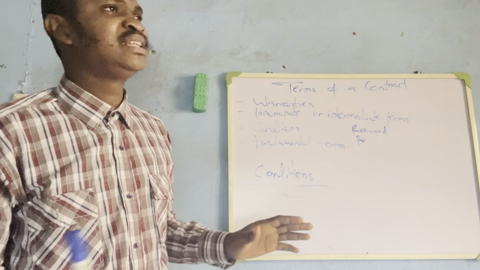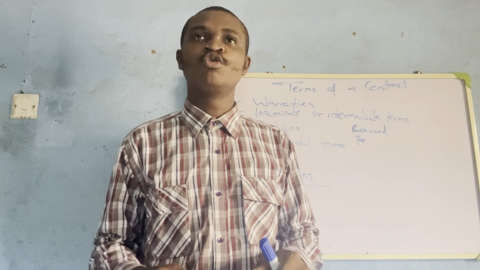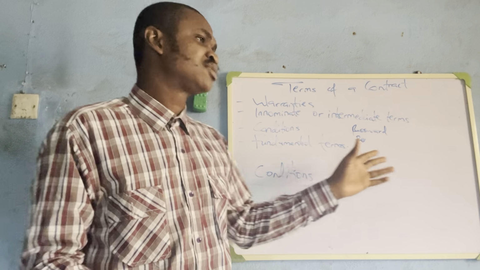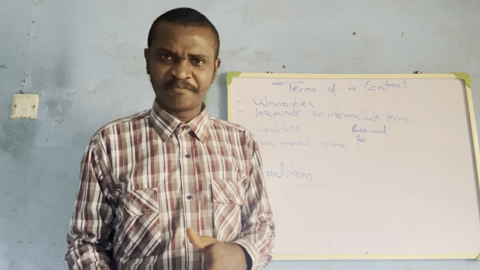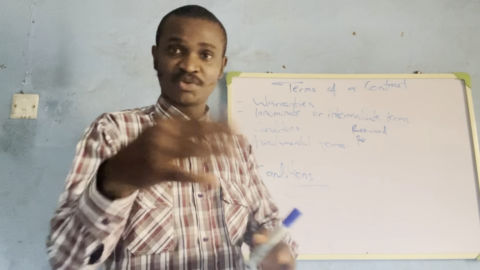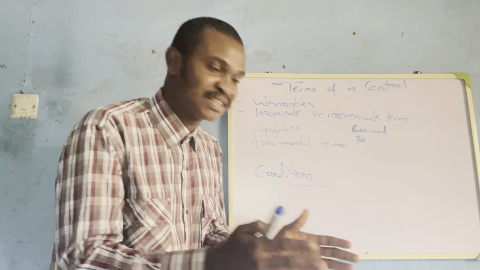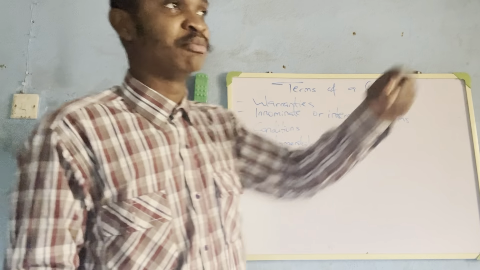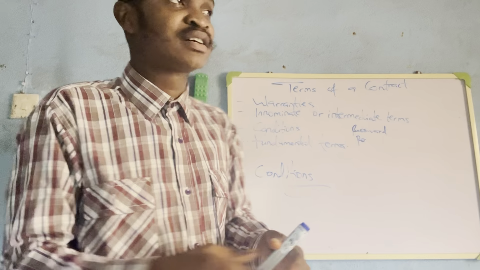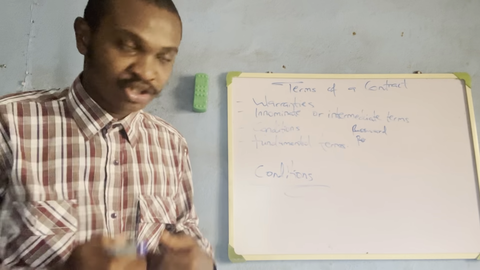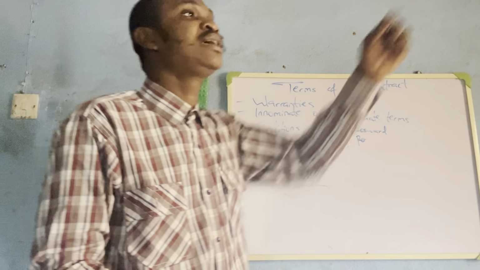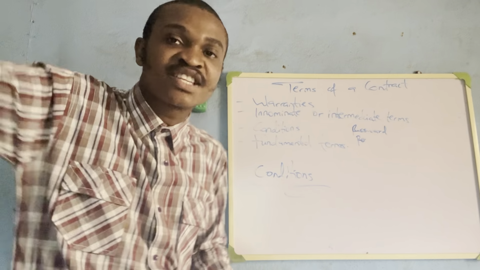There have been so many attempts to make some kind of example of condition subsequent, but condition subsequent is rare. We have not really seen one, but there is a particular case, which if I say the facts of the case, you would have to look for the name. This person wanted to borrow money from a particular bank. The collateral he wanted to give the bank, in order for the bank to give him the money, so that when he pays back, he will collect his collateral back, was a landed property. The bank now hired an estate valuer